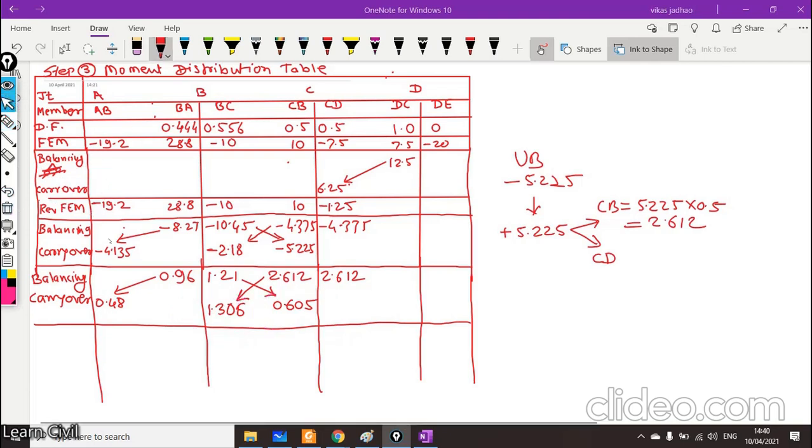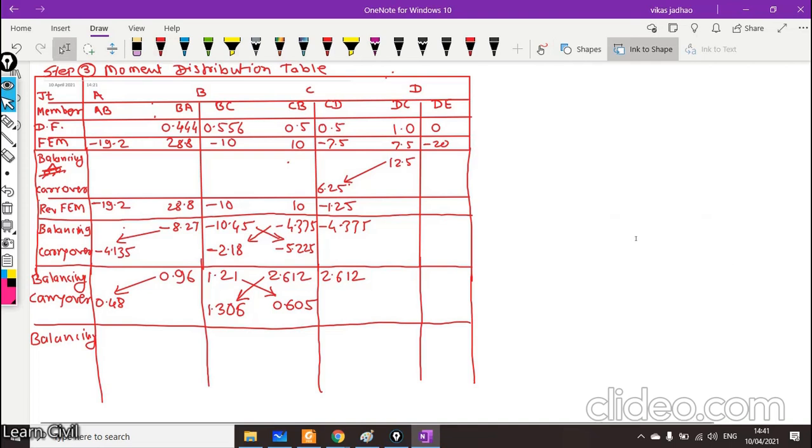Okay, so again we have to go for balancing, so we have to balance this. So we have to balance this moment of 1.306 at joint B, and this 1.306 will be balanced by a balancing moment of minus 1.306, and it will be shared by